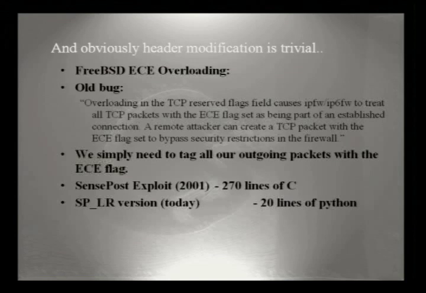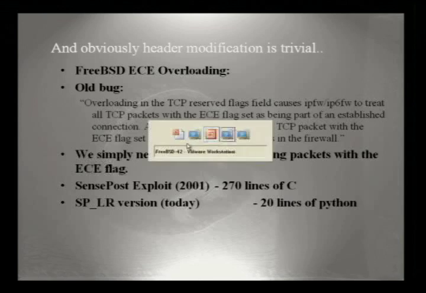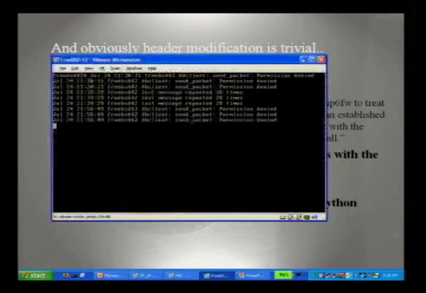So we're looking for a good example to show you guys, and the one obvious one that comes up was a problem that FreeBSD had a little while back, where if you changed the header flag or the ECE flag in the header, if you set it, FreeBSD firewalls thought that you were part of an established session and just sent you through. Okay, so what we've got here is a FreeBSD version that was vulnerable to this. And for those of you with super sharp vision,